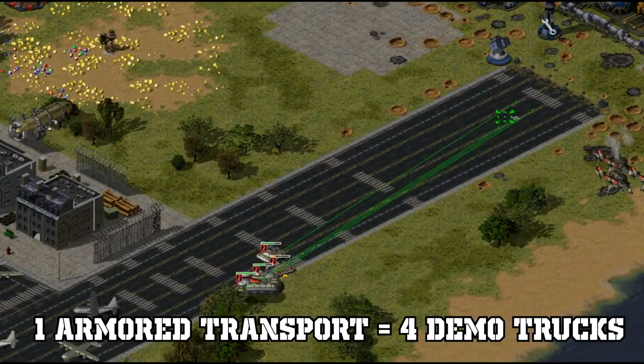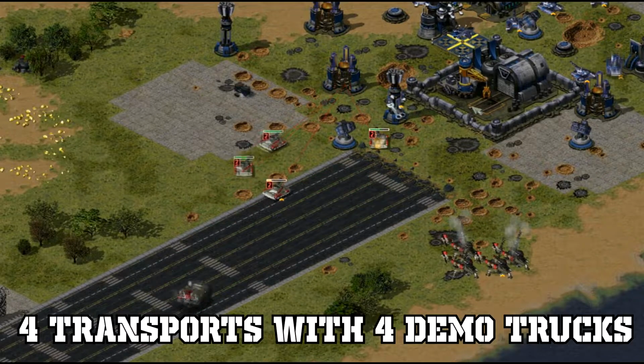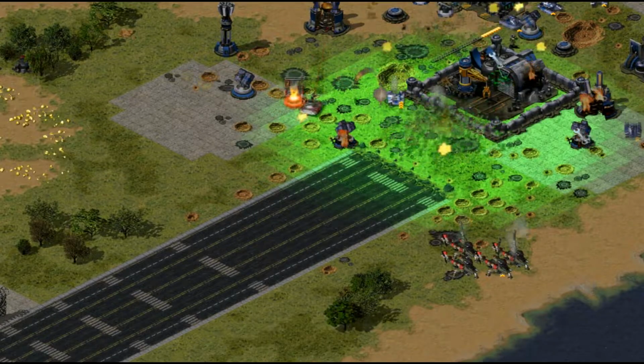1 armored transport has 4 demolition trucks in it, and making 4 armored transports with 4 demo trucks inside of it and coating it all together with iron curtain is definitely an absolute base destroyer, perhaps even more powerful than